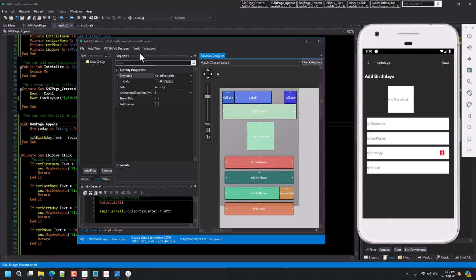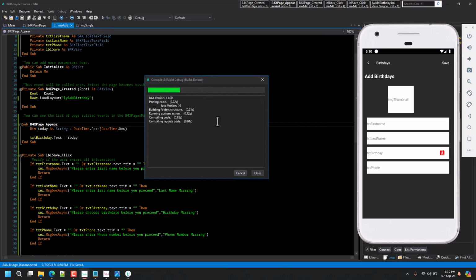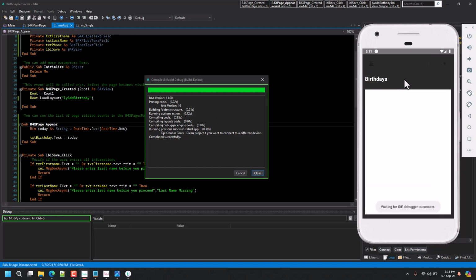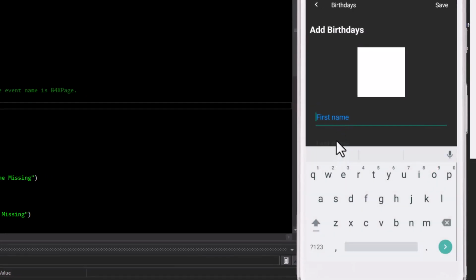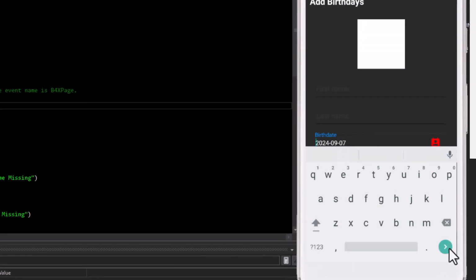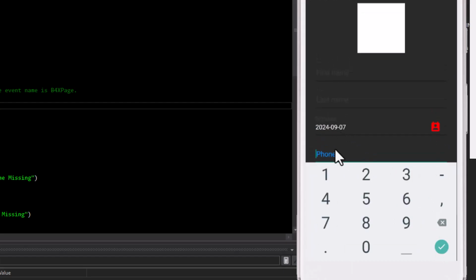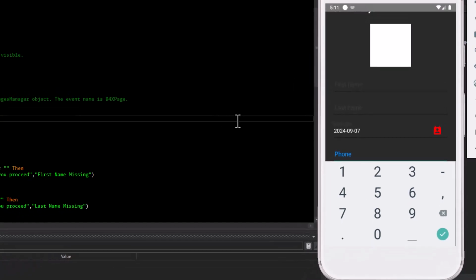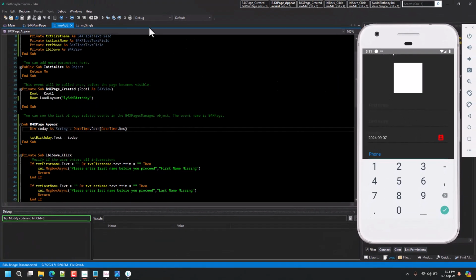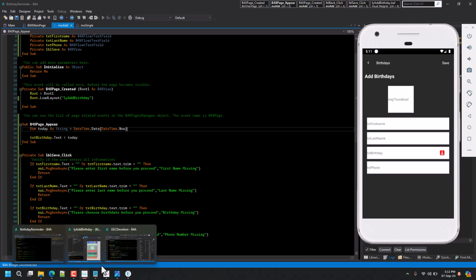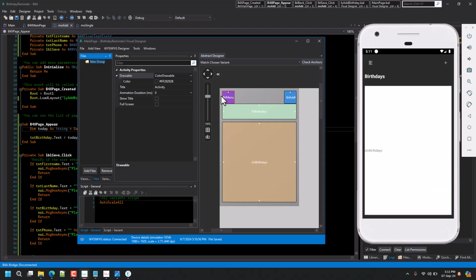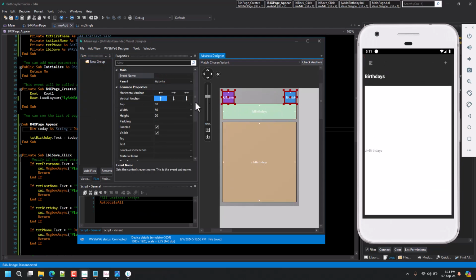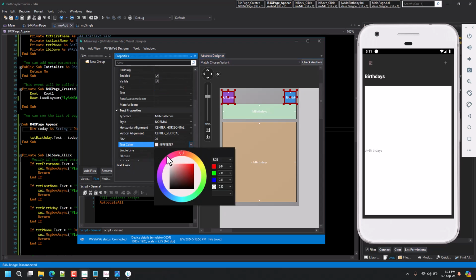Okay, let me run again. Add. Great. Okay, so you can see it's showing today's date. We'll change the hint text later. Let's also go to the main page and also change the colors there. So menu, this, it should also be white. Okay,